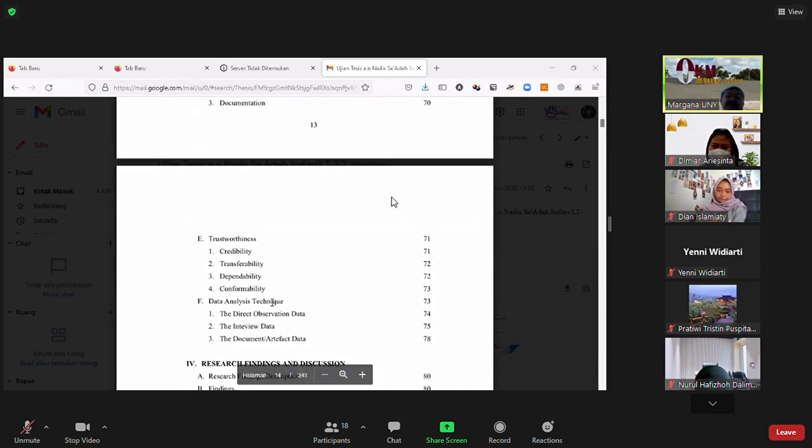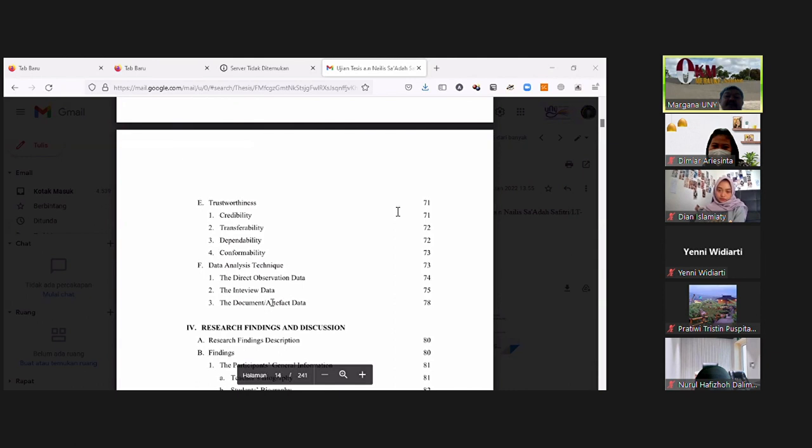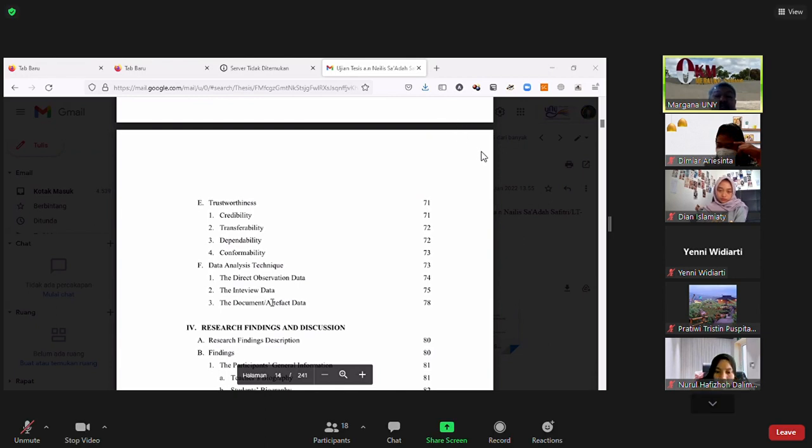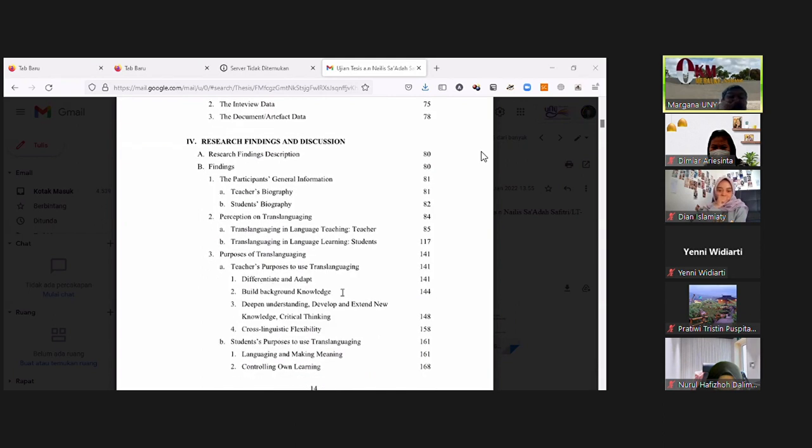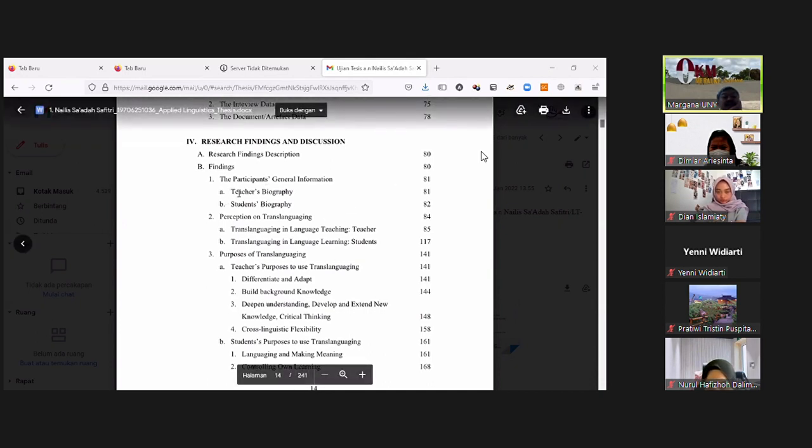Then you have trustworthiness, credibility, transferability, dependability, confirmability, etc. Because the nature of this research is a qualitative one. That's why we need trustworthiness. Then data analysis technique, direct observation data, interview data, the document, artifact data, etc. Then you come to research findings and discussions. You may use this template, but later on after you conduct